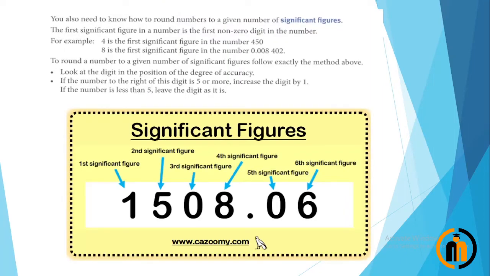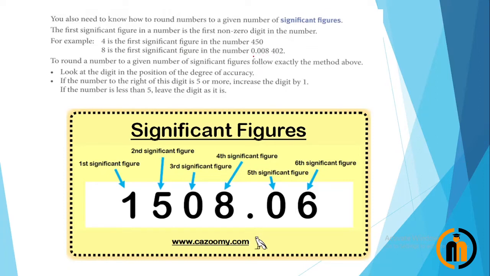Significant figures. This is also one of the rounding methods. Given a number, each non-zero digit is considered a significant figure. So you need to know the rules for significant figures. The first significant figure in a number is the first non-zero digit in the number. 4 is the first significant figure of the number 450. 8 is the first significant figure in the number